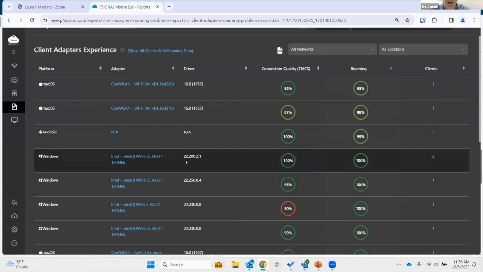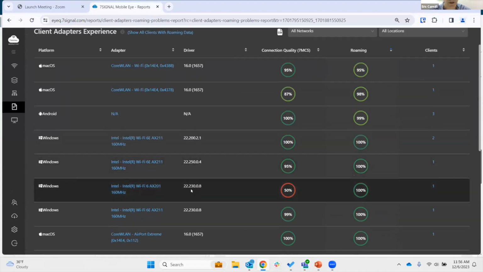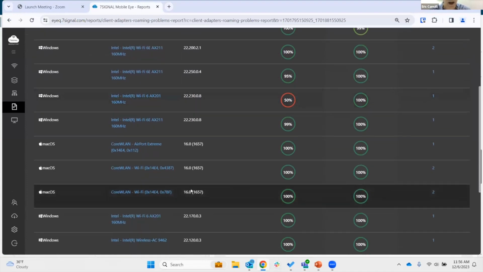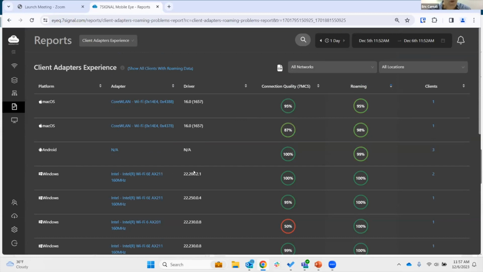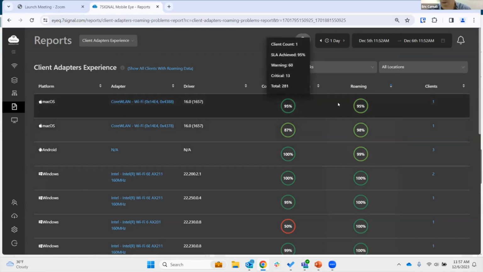I've got 22.200, 22.50, 22.30. It goes on and on. 22.120, 22.170. And these are all the Intel adapter. How would you know in your environment which ones are problematic and which ones aren't unless you were monitoring and measuring accordingly? And lo and behold, the top two with poor roaming performance are Apple devices.